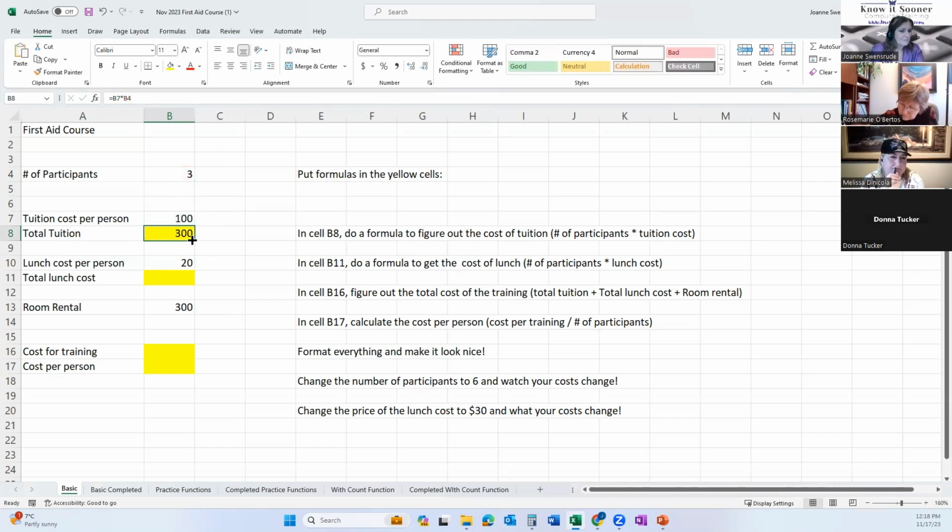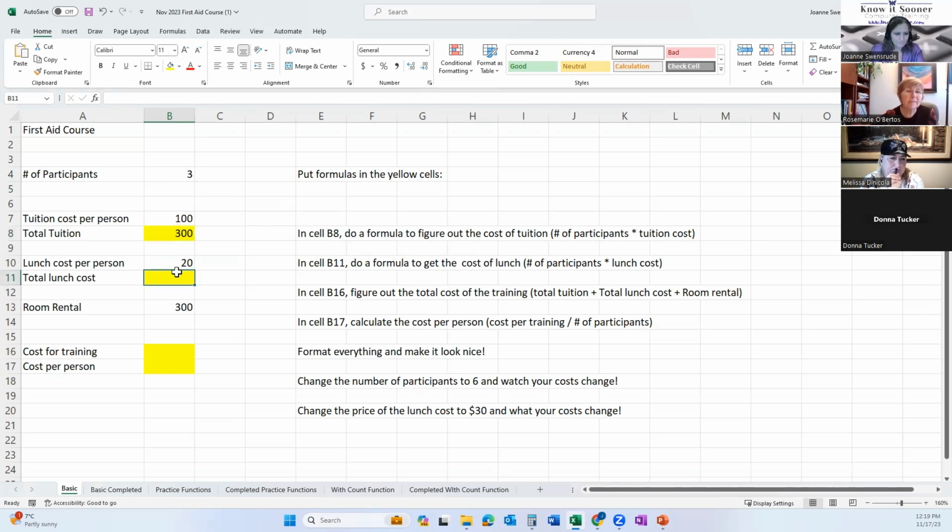The other thing that people might do is you might double click on that formula cell. It does the same thing, but it's a little cleaner, I think, to do it up top here. There's almost more than one way to do it, isn't there? Good. So there's our 3 times 100.